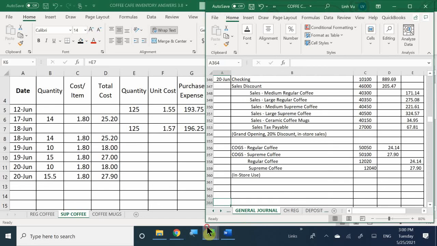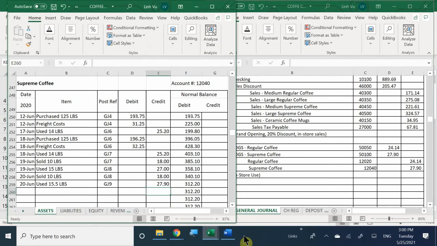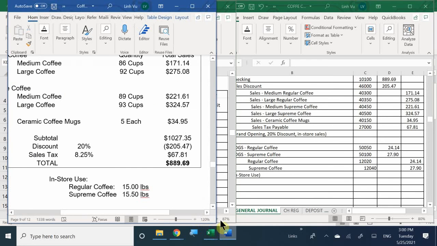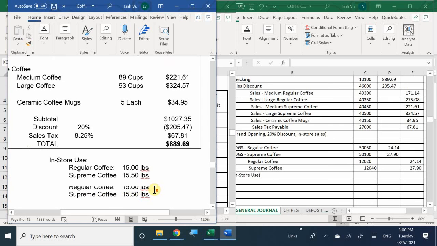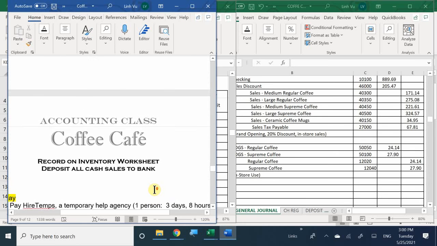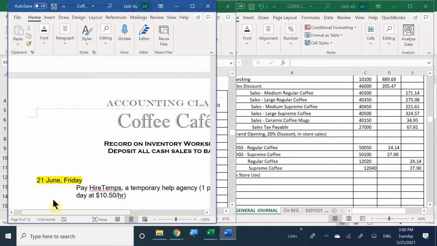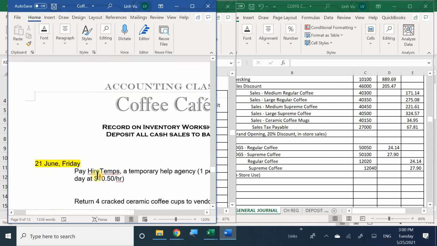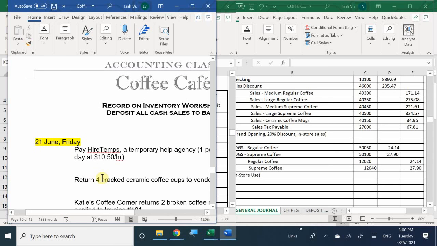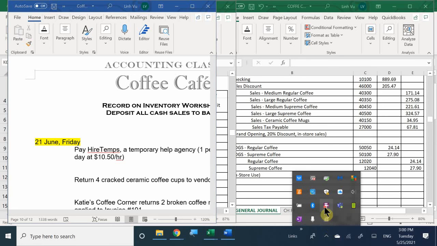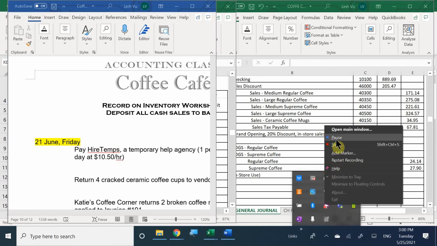So there's my journal. We did the ledger. Everything's balanced. So, yay. We are now complete with this transaction. So what I'm going to have you guys do is, it is exactly 3 o'clock, so we're going to stop here. And I guess we're going to probably finish up for today, and maybe tomorrow we'll do the trial balance. So let's go ahead and stop here. Okay. So once again,